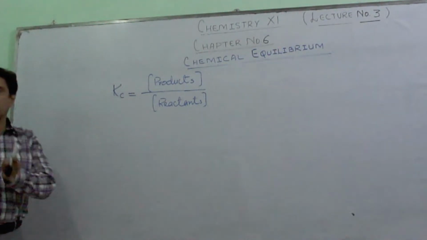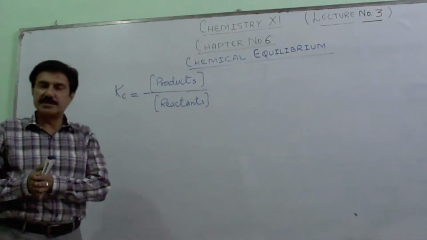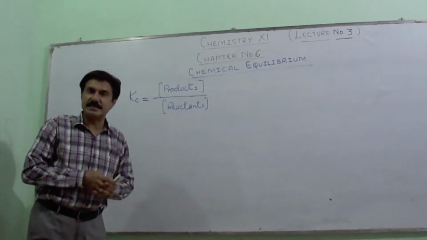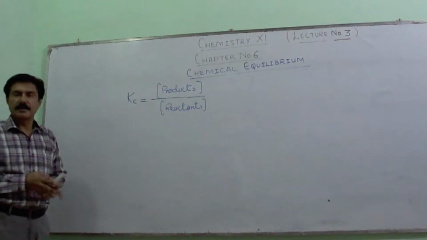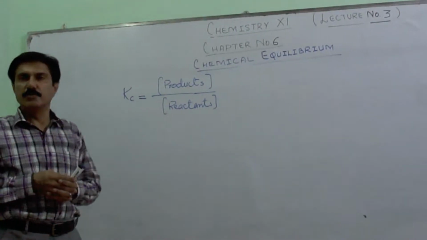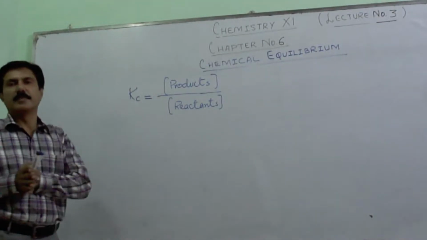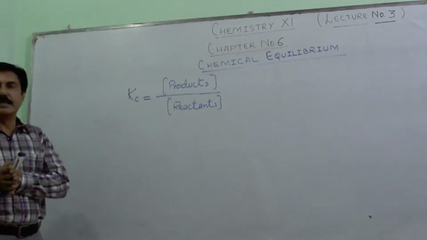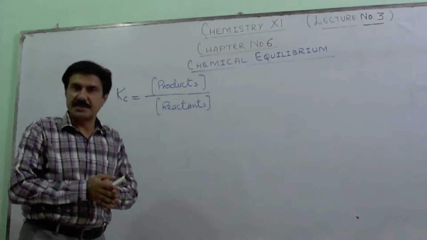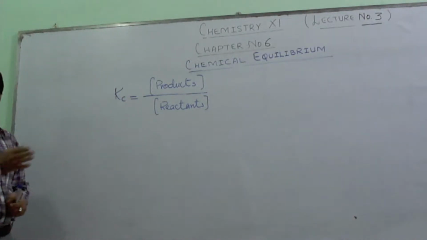Now, if I talk about a chemical reaction which is entirely in the gaseous state, then the equilibrium constant used there will not be Kc, rather it will be Kp, because the partial pressures of the gases are directly